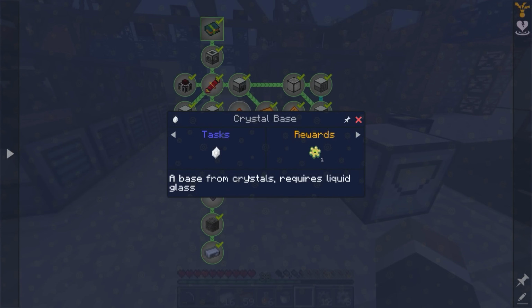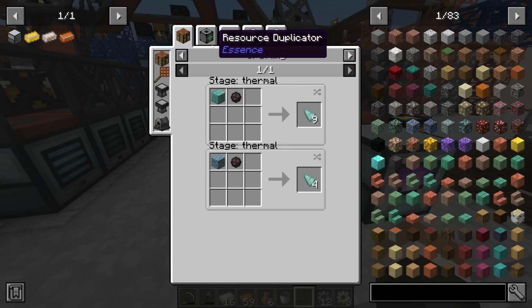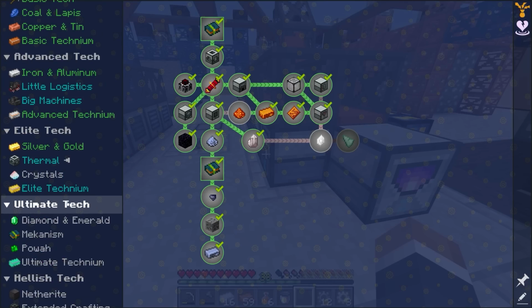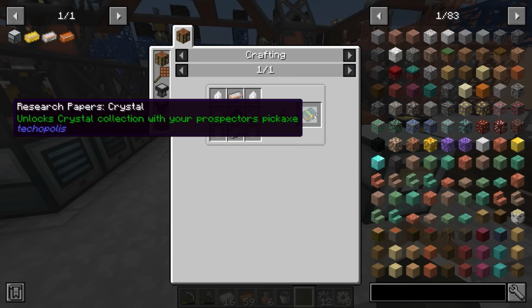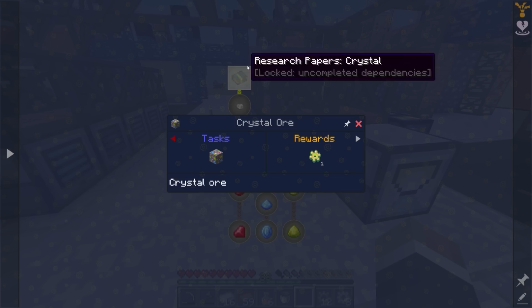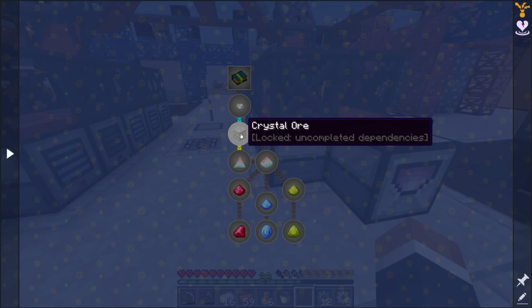And the idea here is that we can get these crystal bases. The crystal bases can then be used to make prismarine if you combine the crystal base with some water again in the crystallizer, but they can also be used to unlock the research paper for crystals. In turn, that's going to unlock us crystal fragments, which we can then use to get crystal ore, which we could mine if we wanted to, although I'm not entirely certain that we need to automatically mine crystal ore,